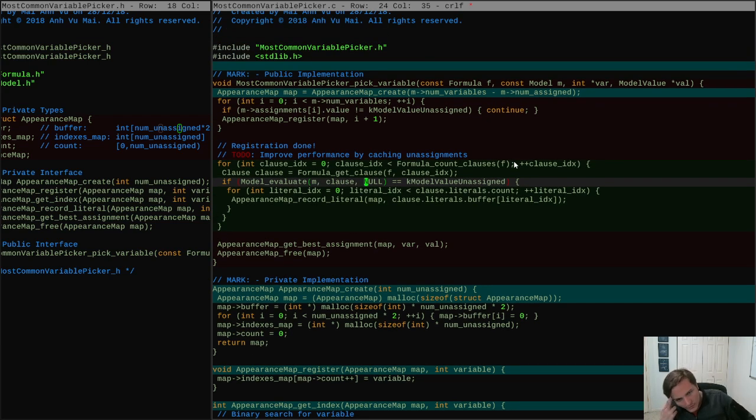So inside of a clause, even if the clause is unassigned, right? The clause doesn't have a determined outcome yet. It is not the case that at least one of its variables is true. It's still possible that some of them are false, right? It's still possible that some of the variables are fixed. And if some of the variables are fixed, I'm just a little